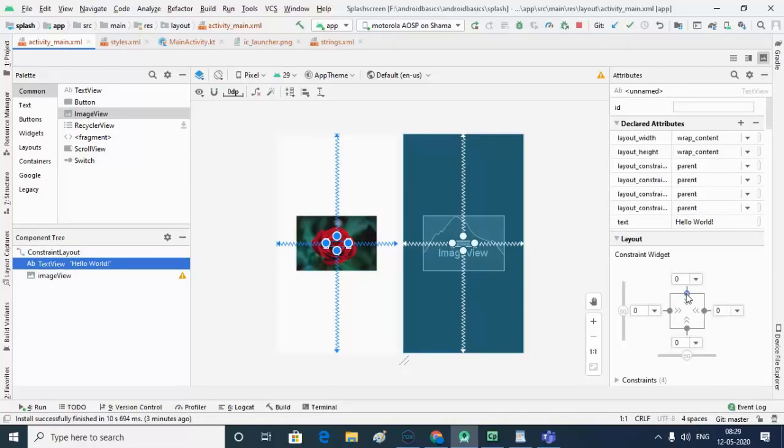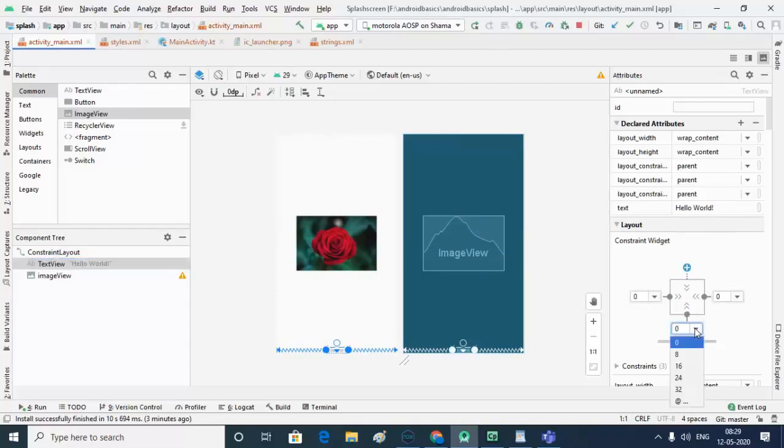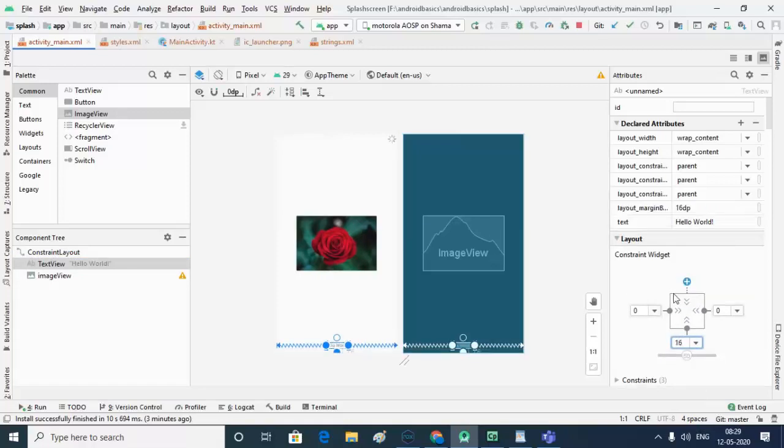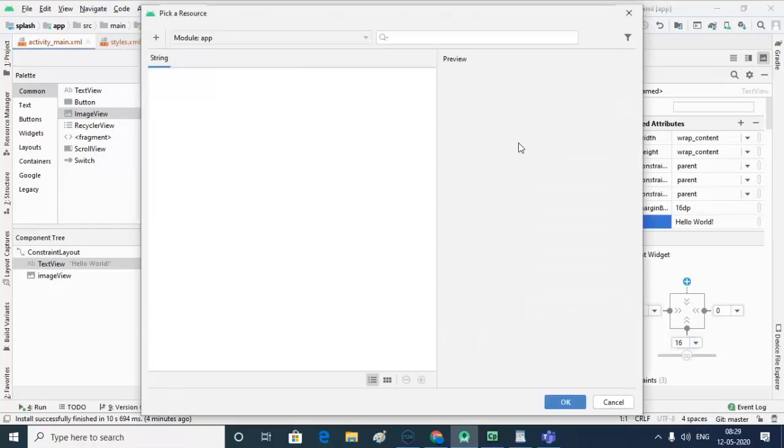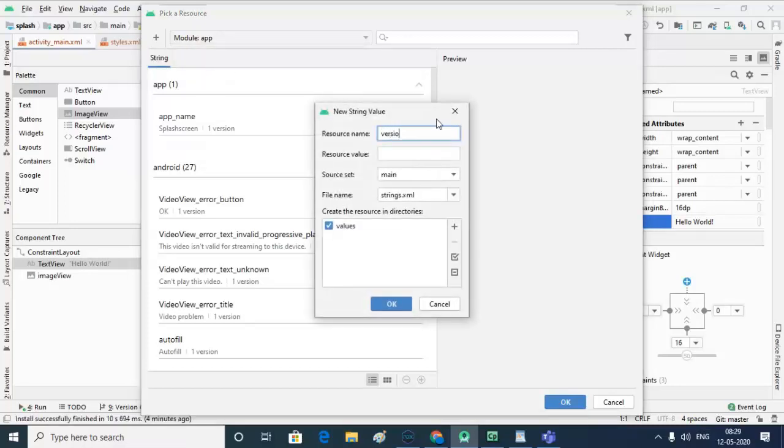So I remove this one and give some margin from bottom, let's say 16, and change this to version number 1.0, let's say version 1.0. Okay,